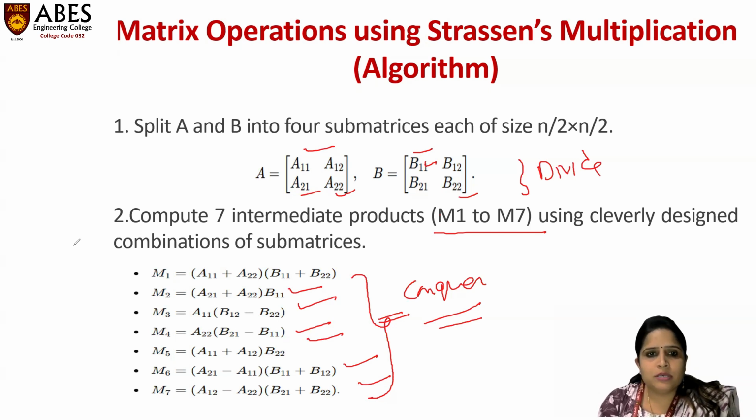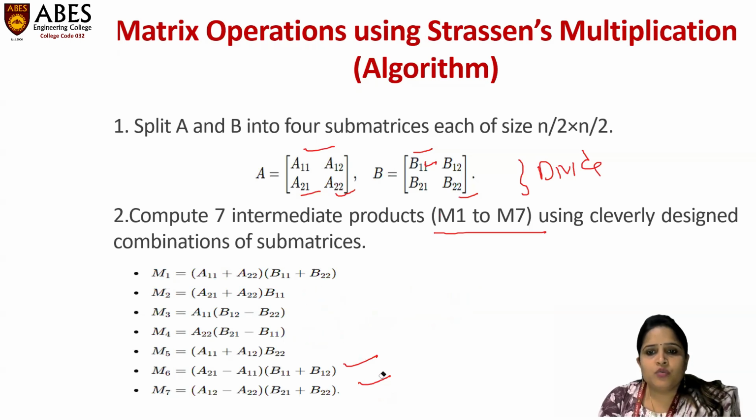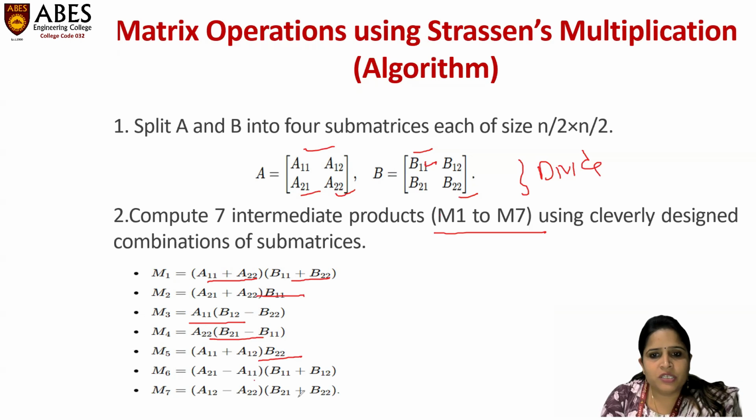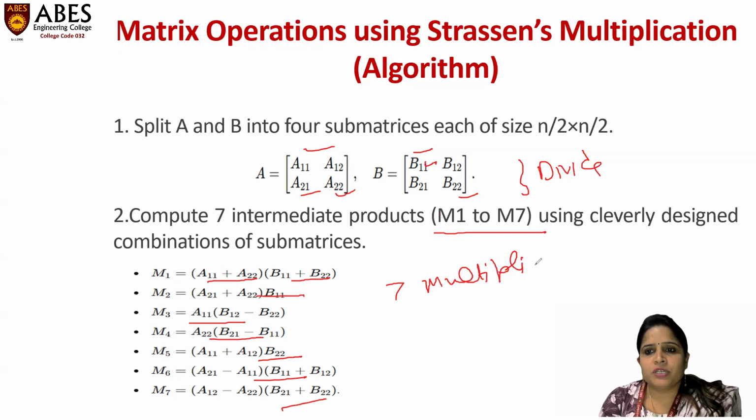If you see these intermediate products carefully, you find that Strassen will use only 7 multiplication operations instead of 8. First operation 1, then 2, then 3 multiplication, then 4 multiplication, then 5 multiplication, 6 and 7. In this case, Strassen will use only 7 multiplication operations and